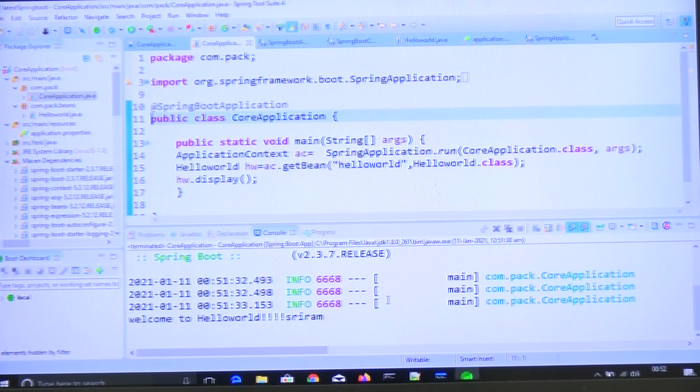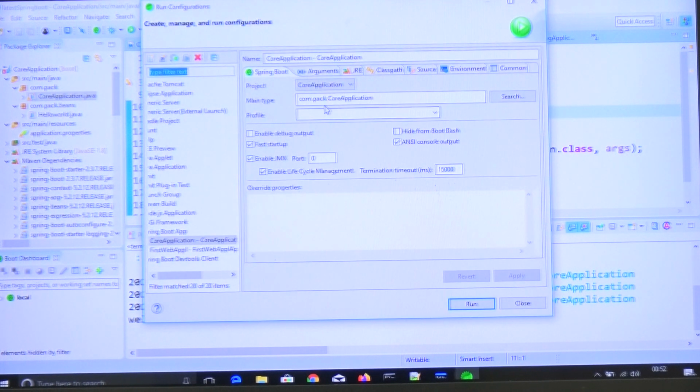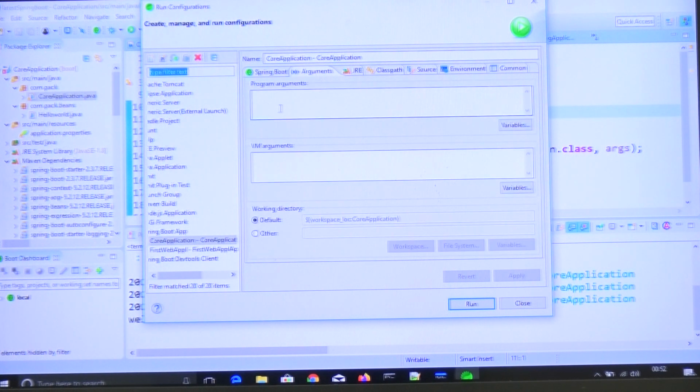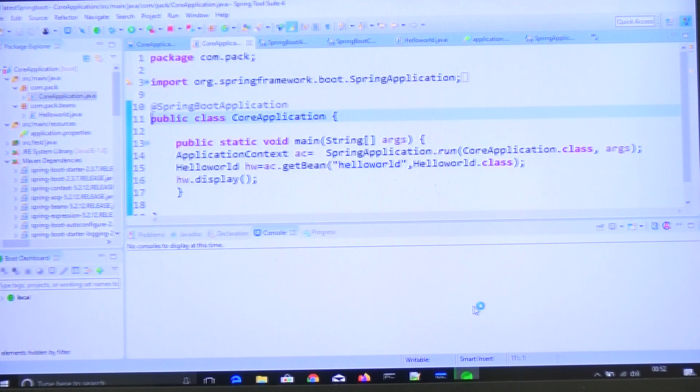For example, I want to change the name. Go to the arguments. What is the property we have declared inside the property file? The name property: name is equal to Raju. Okay, so apply and run the application.